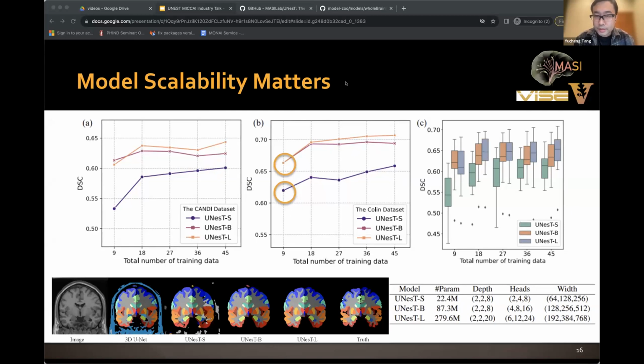You can see that if we only use, like, 9 samples, a very limited, very low data region in the fine-tuning stage regarding the Colin and the Candy datasets, using a larger-scale model can perform better than the small models. This is a consistent observation across the entire computer vision and deep learning community,